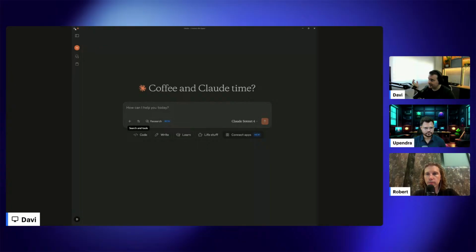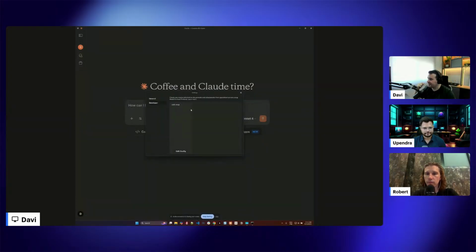You can enable or disable each one individually if you want. Also, you can check it by going to the file settings, and here you can click on developer. Oh, sorry, probably it's not showing on the screen. Let me replace that. Yes, here, as you can see, you can also check in that option here, the developer and COTI MCP. You can see it's running, and also the command and the arguments. Let me replace again so we can get back to the Claude here.